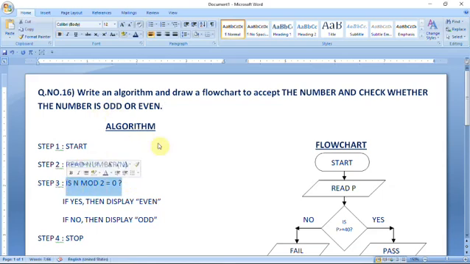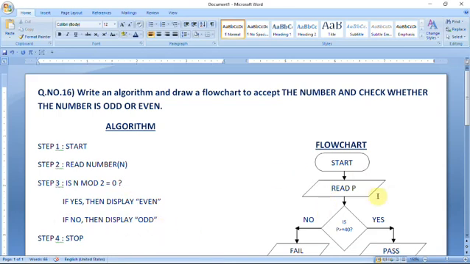For this number I have given Read number, we have to accept only one number, and is n mod. This is called one operator, a mathematical, arithmetical operator. You will learn about this while learning a programming language. Is n mod 2 equal to 0? It means when n is divided by 2, then it gives remainder 0. This is the logic of this condition. If yes, then it displays Even number. If this condition is false, it means it gives a remainder of one or two, then it becomes false, and then it displays Odd number.